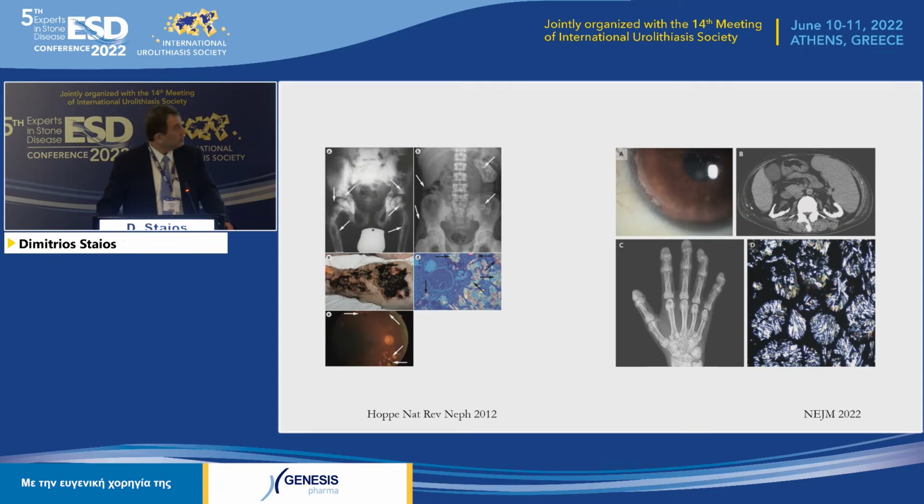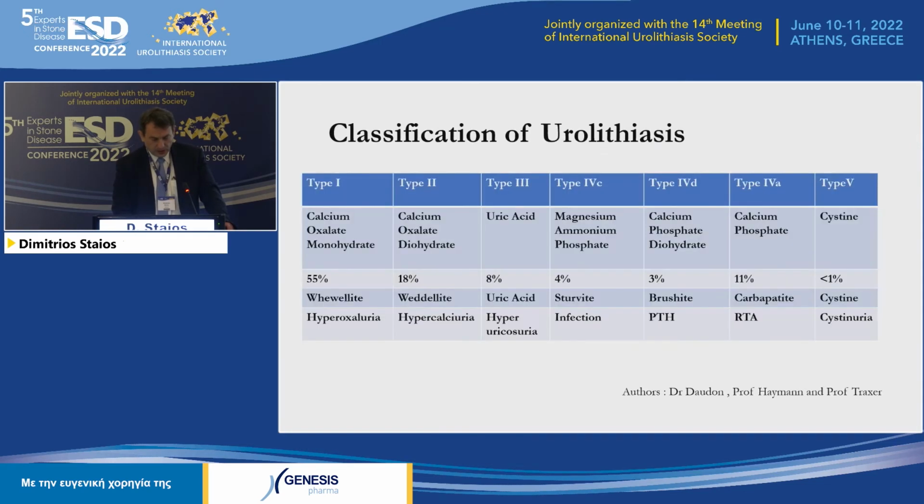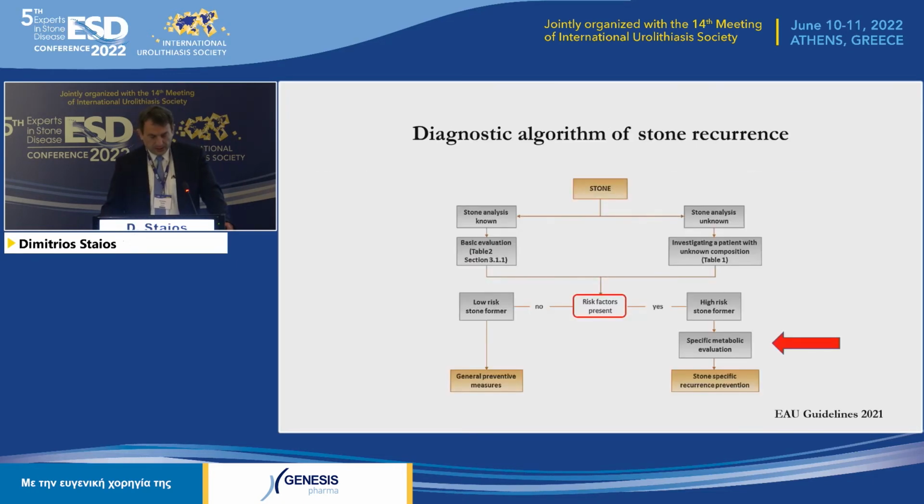We have these nice pictures where we can see what oxalate does when it deposits. From the guidelines on urolithiasis of the European Association of Urology, we see that about 55% of stones come from calcium oxalate monohydrate. And in the diagnostic algorithm of stone recurrence, we have the stone analysis of a stone